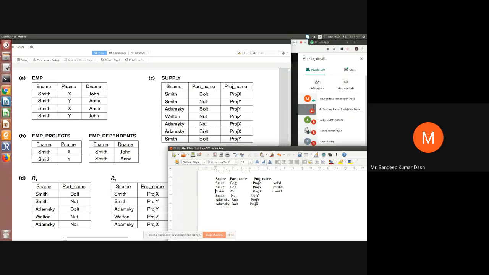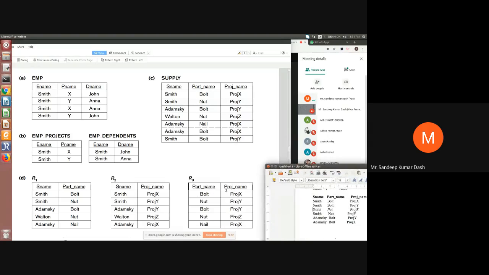Know here that whenever you are dividing a relation into this type of relations, you are getting wrong data. But if you divide this relation into these three, R1, R2, R3, then you try to join all R1, R2, R3, you will get correct data. There will not be any additional tuples like this. You can try.